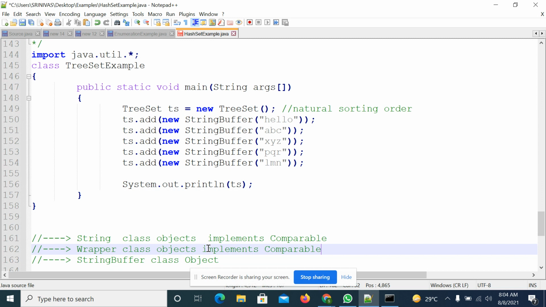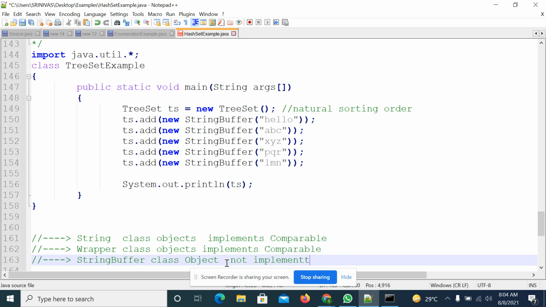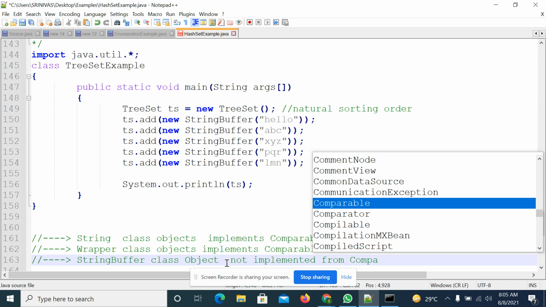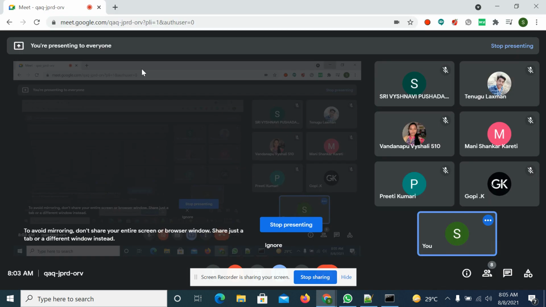That means whenever you are adding data, you can compare the data and arrange it in some sorting order. But the StringBuffer class does not implement the Comparable interface. Right? So if you have doubt, just open the API documentation and observe it.